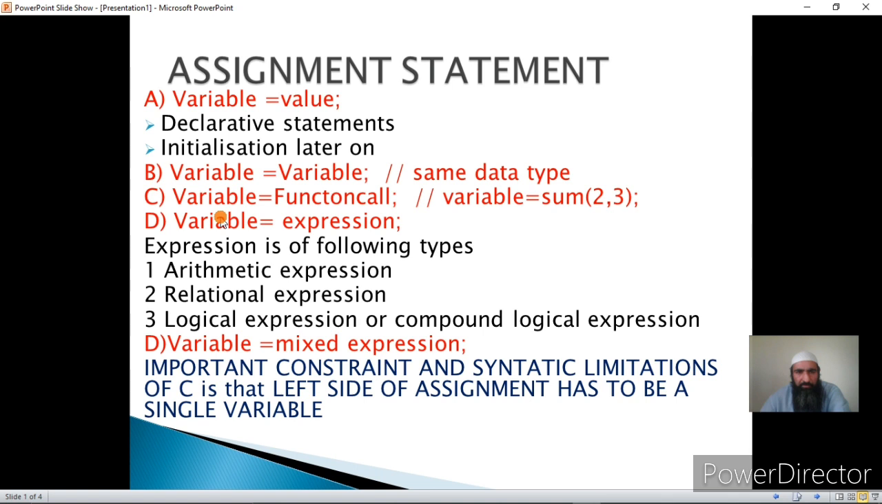once you start changing this rule, it will lead to errors. On the right hand side there are different possibilities: we can have a constant value, or we can have a variable, or we can have a function call, or we can have an expression, or we can have a mixed expression. By mixed expression, I mean a combination of the first four possibilities. Okay, now